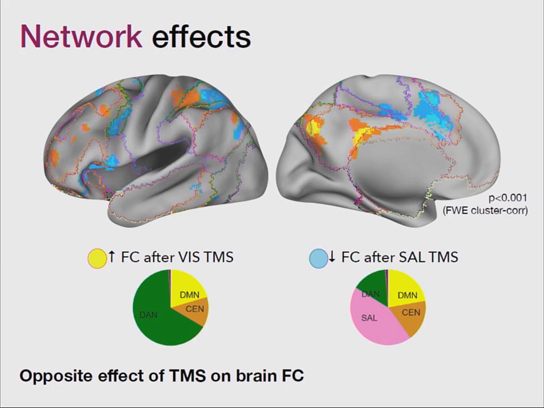TMS has an opposite effect on the network functional connectivity: it decreases after frontal stimulation, and increases after visual stimulation. In addition, as can be observed in the pie charts, several high cognitive networks were affected. So, meaning that the TMS effect was not only affecting areas beyond the stimulated area, but also networks beyond the